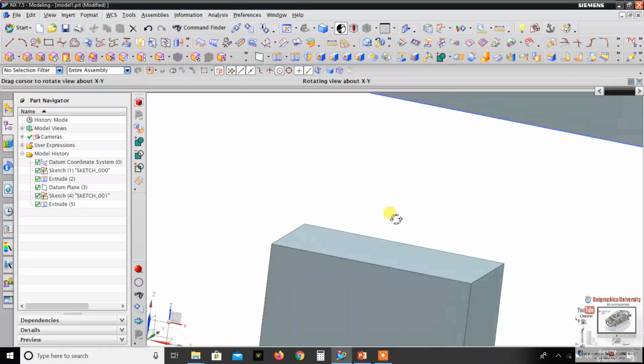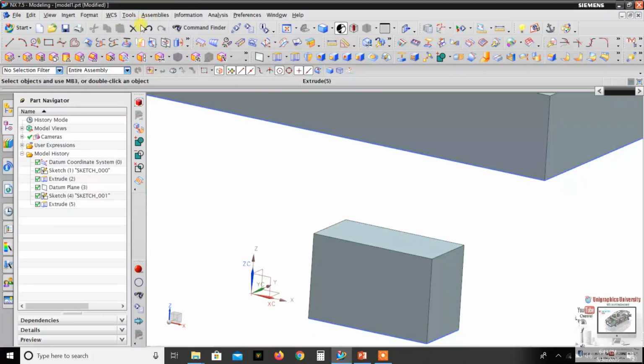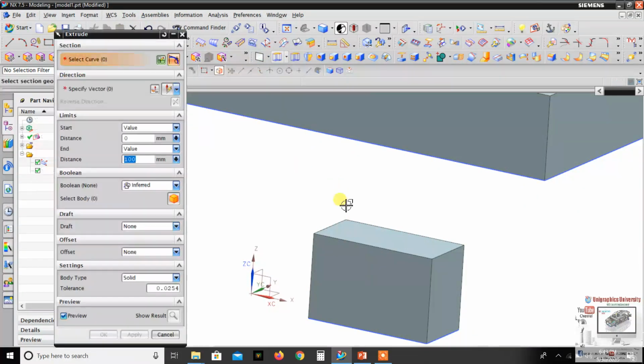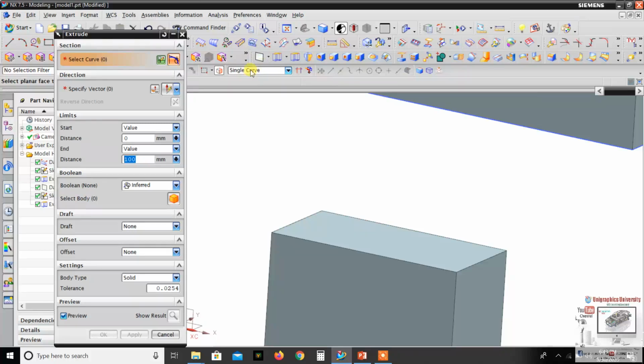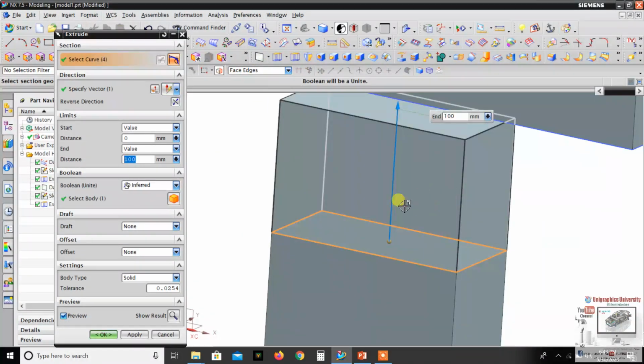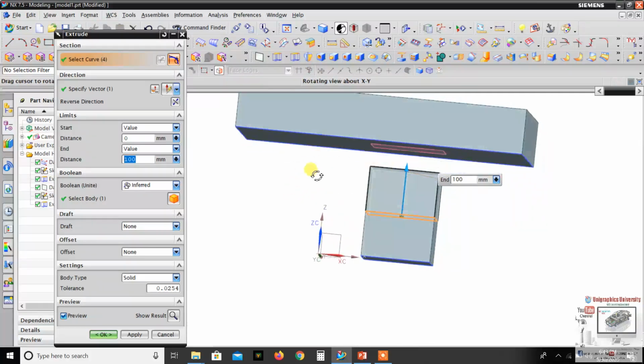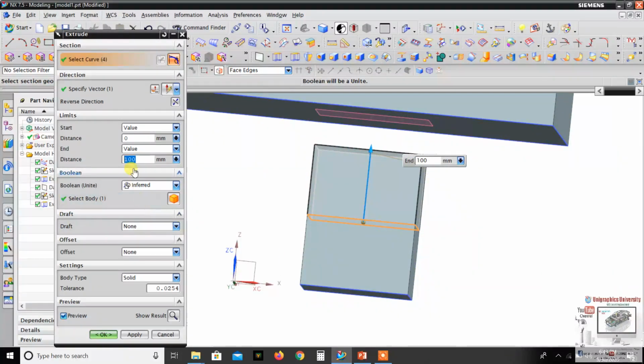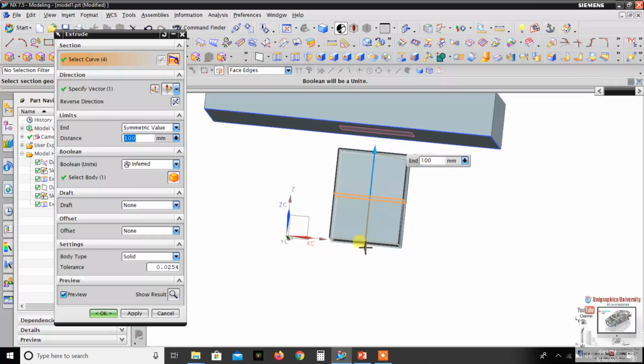Then I make another extrude from this face, so in the selection toolbar, I select face edge, and I select this face edge. Now 100 mm, right? Here symmetric value means the extrude will be created in two directions, with a similar value top and bottom.